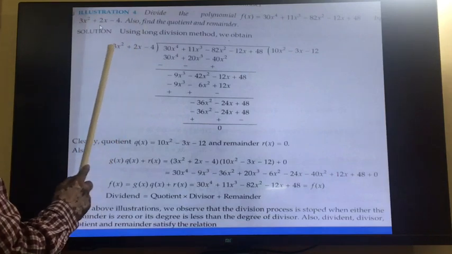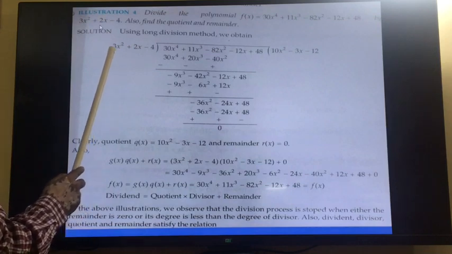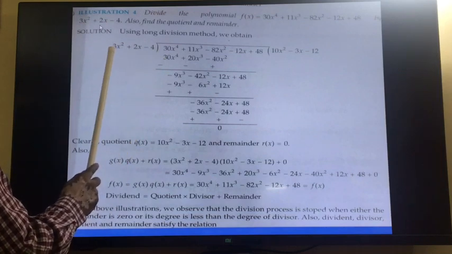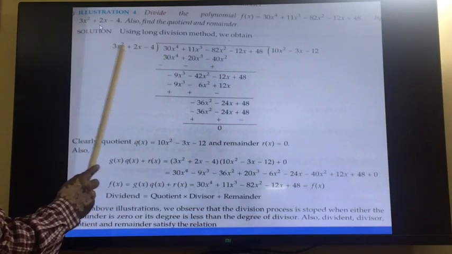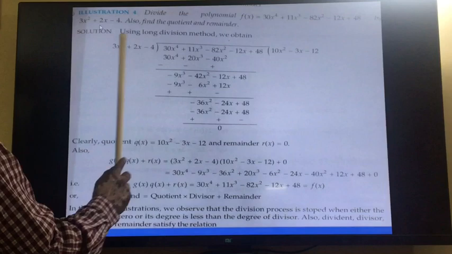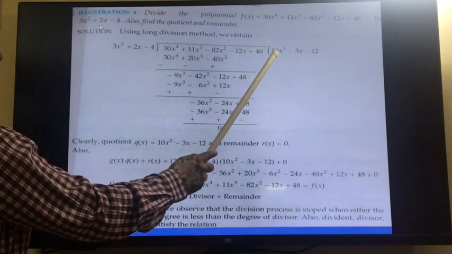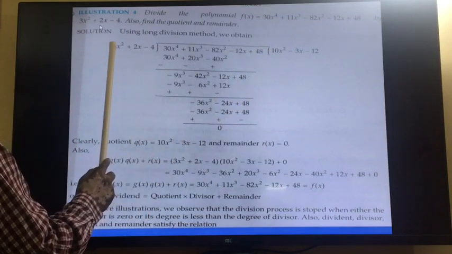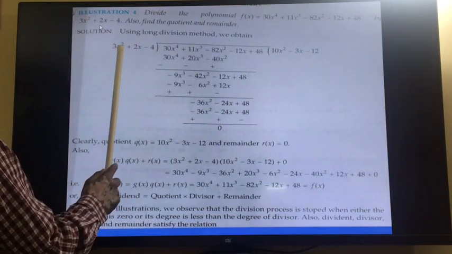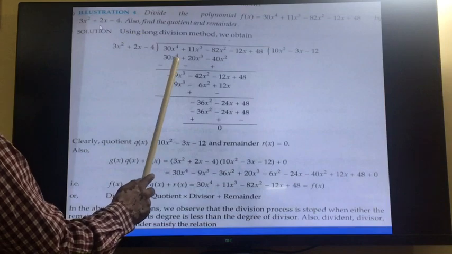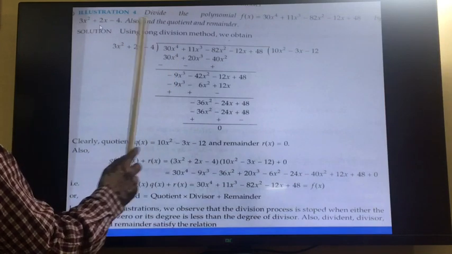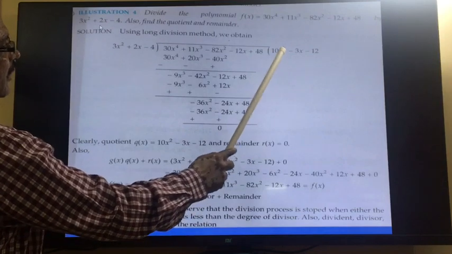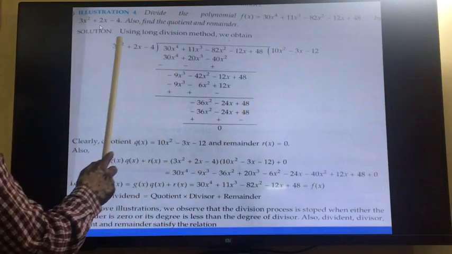So these are already written. Now here the coefficient is 3 and here the coefficient is 30. So we want 30. By which number will you multiply this 3 to get 30? You will multiply it by 10, because 3 tens are 30. So we will write here 10. Now you see the power of x, here power 2, but here we want power 4. So 2 more power required, so here you will write x square. Now you got 10x square here, and by this 10x square you will multiply all three terms.